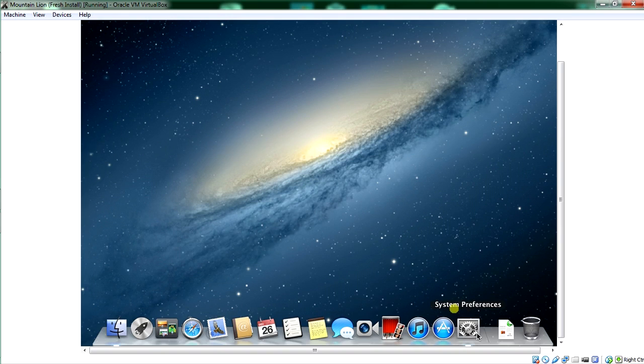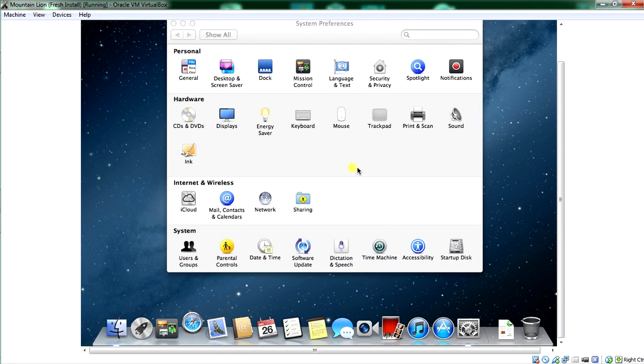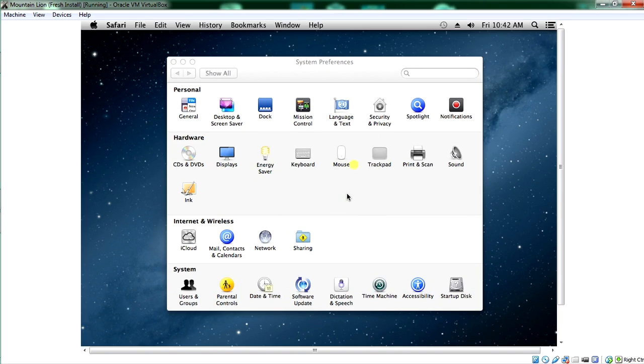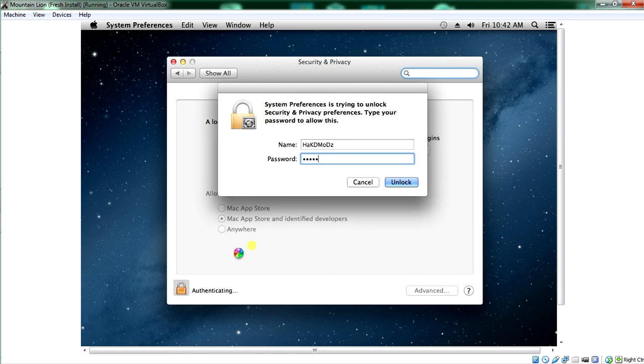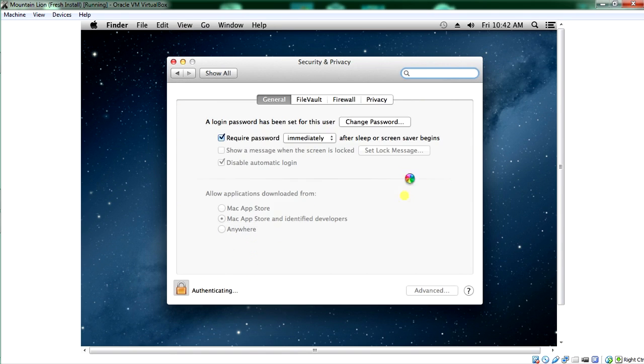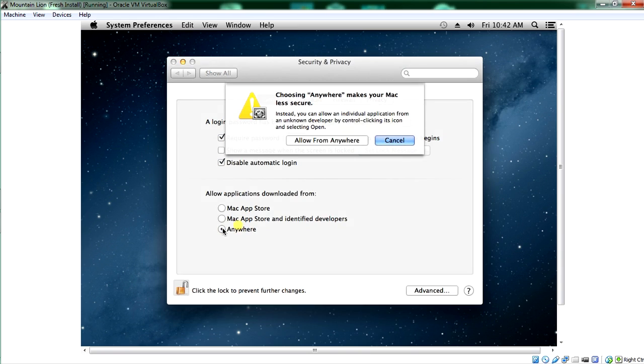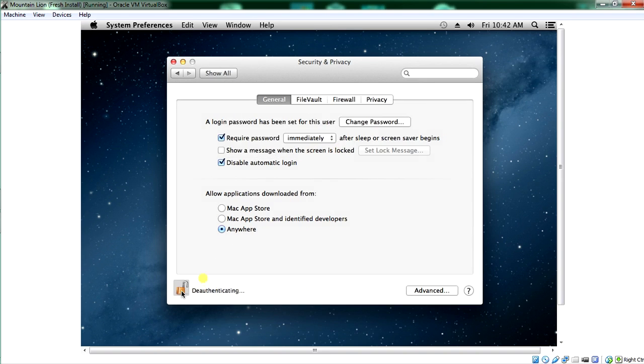Okay, next we need to go to security and enable the third-party apps so that we can install Multibeast. So go to the security within the settings. If you've got a password still on your machine, you'll need to click that little unlock arrow, authenticate, and enter your password. I haven't turned my password off yet, but I'm about to. I recommend you do the same, being that it's in a VirtualBox. If somebody's going to be on your computer, they're going to be able to get this. So allow any application to be downloaded from anywhere, always, and then re-click. Okay, now we can go back and delete our